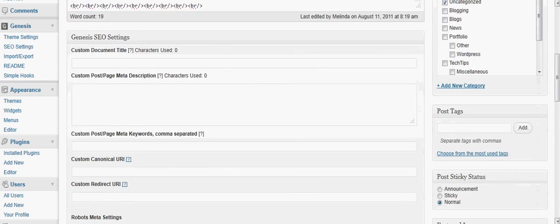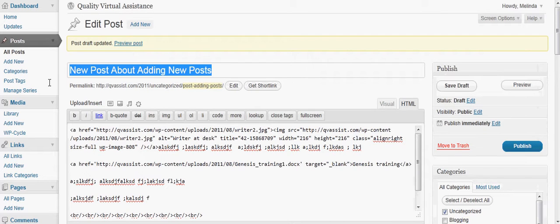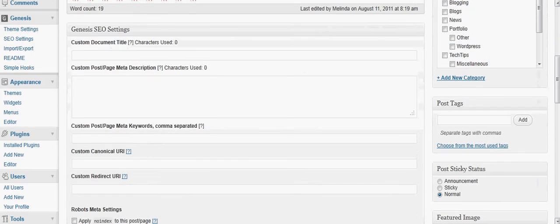And after I'm done with my post, usually I copy my title and use that as a starting point for the meta tag title. This is like the most important thing for you to fill out because this helps you with search engine rankings. I might change it and put some keywords. Post about adding new posts in WordPress using Genesis. Tutorial video on how to